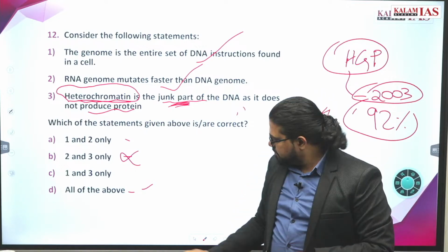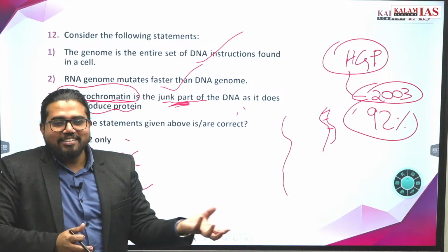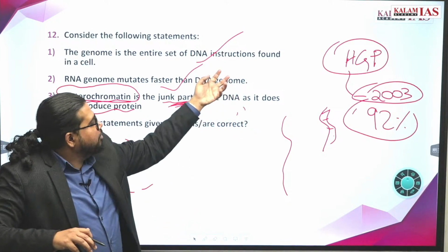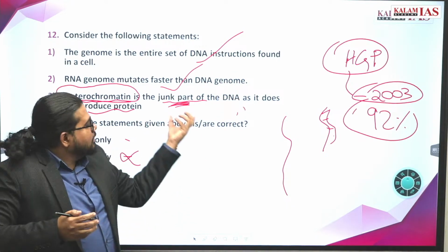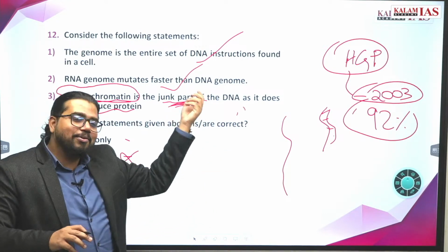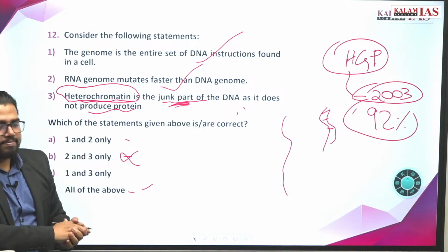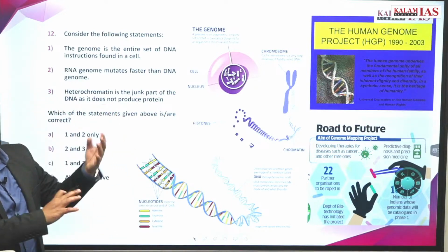Okay. So why is there confusion? Because you are not aware of a recent development, and a new question is framed on this. The first two statements were very easy because there were some basics associated with them. This is purely current, some news. At least if you have read somewhere about junk, you can relate it, then it becomes very easy. Go ahead. So this is all the structure, you can go through it.